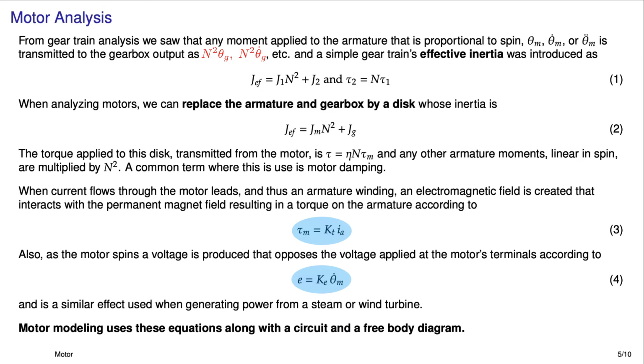Modeling a dynamic system with a motor is basically using these equations, 3 and 4, and the notion of the effective inertia in 2, and perhaps also this little torque equation, along with a circuit and a free body diagram. And then you're off to the races. So let's first just generate the equations of a motor without it being attached to any sort of other dynamic